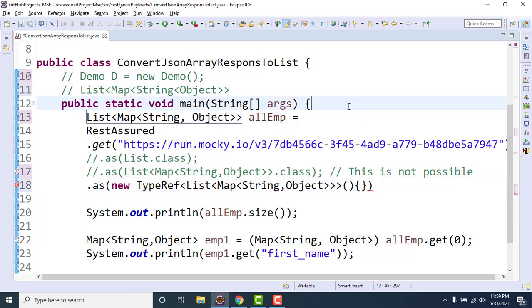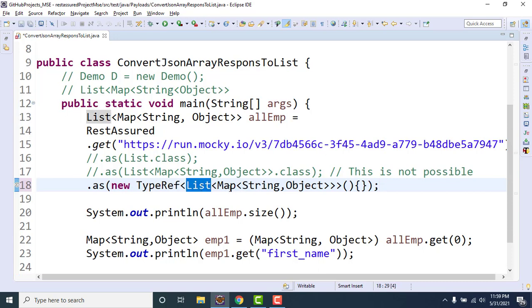So this is the use of generic. Here we directly converted this particular response to a class type with generics, which means the list of map.